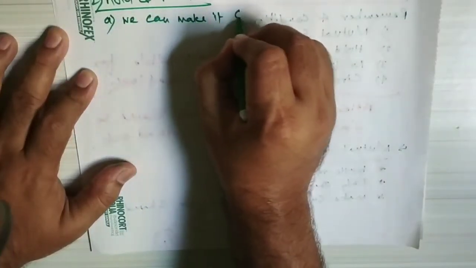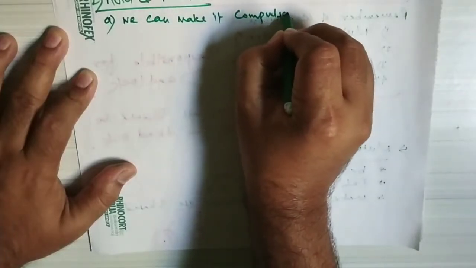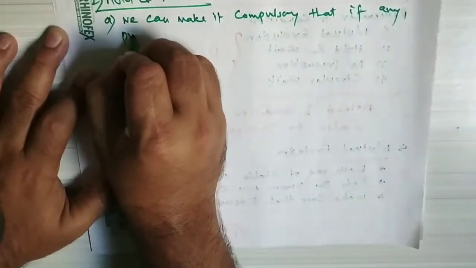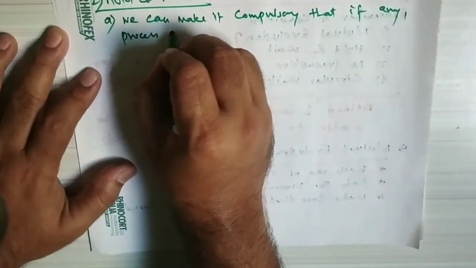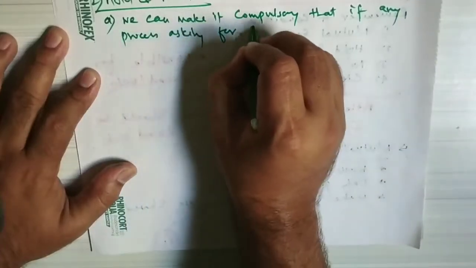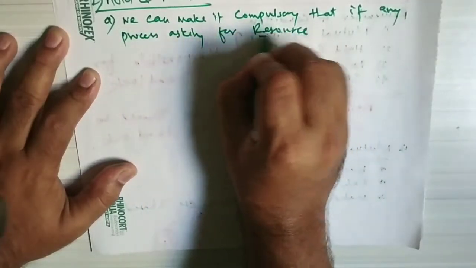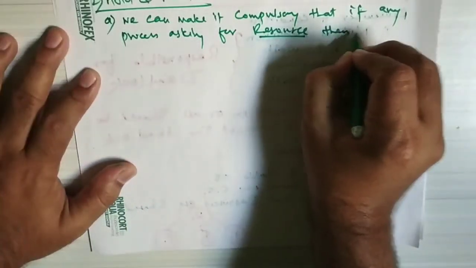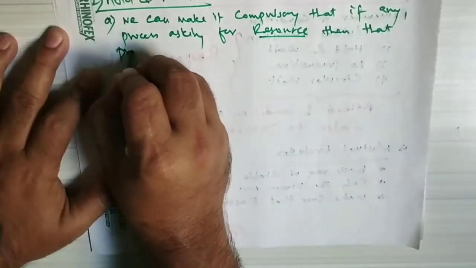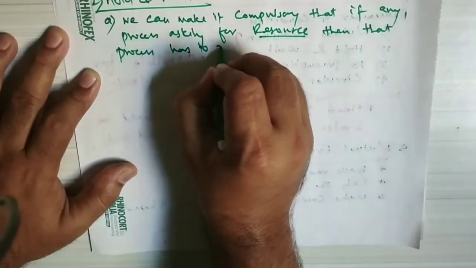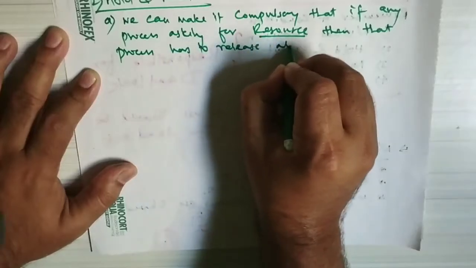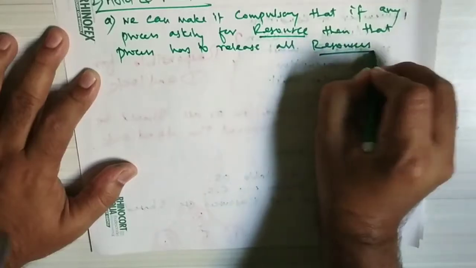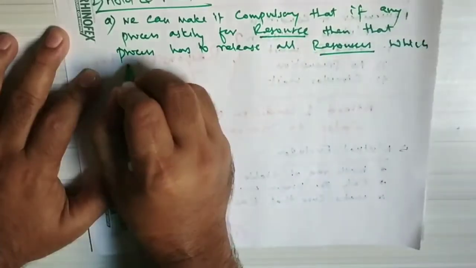We can make it compulsory that if any process is asking for any resource, then that process has to release all resources which it